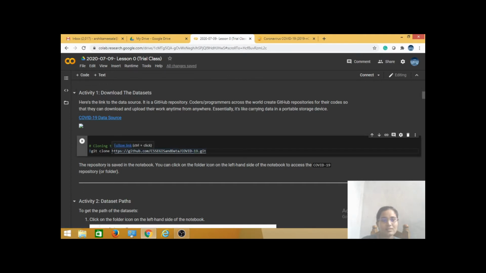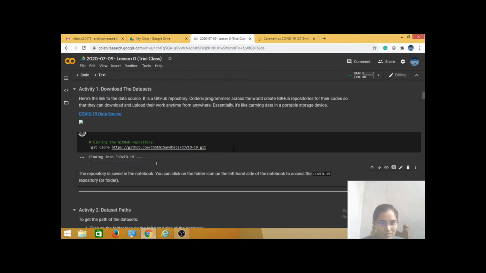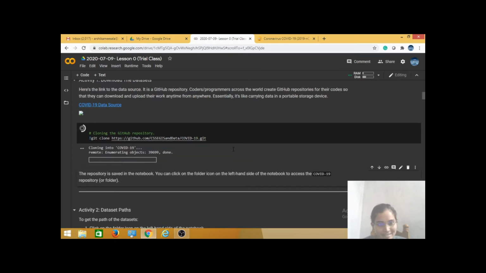And what is the link available in the GitHub, the data link is given here. So git clone, where the data is available, here I am giving the particular link. So simply you execute using Shift+Enter, or you can click on that cell, then it will be executed. It may take a few minutes, so we have to wait for the execution process, because here we are accessing the data from another website into our program.